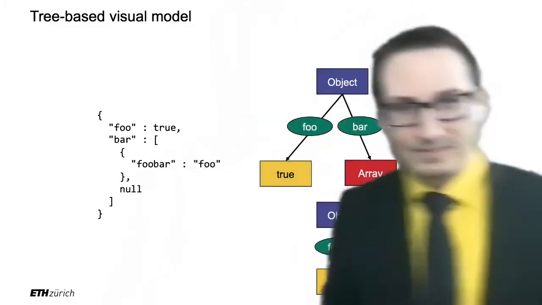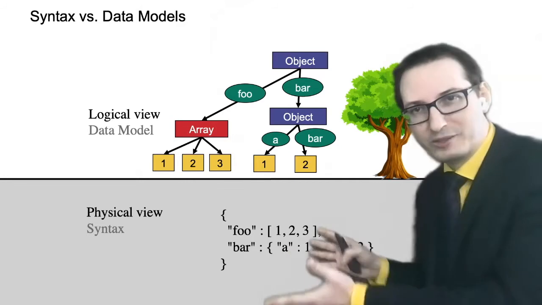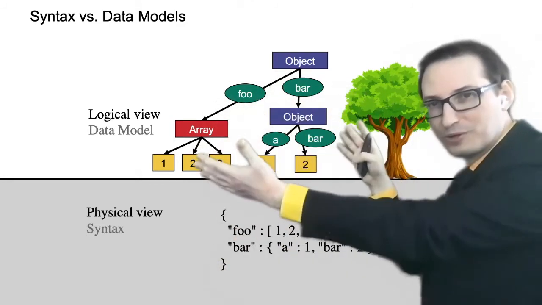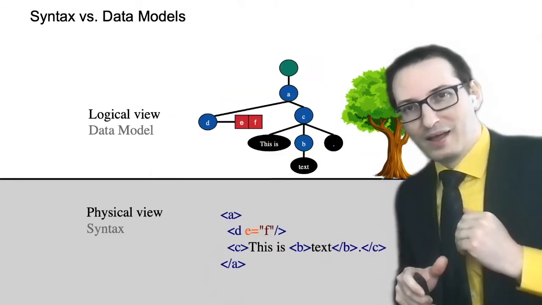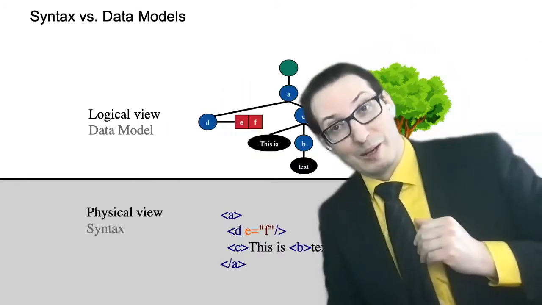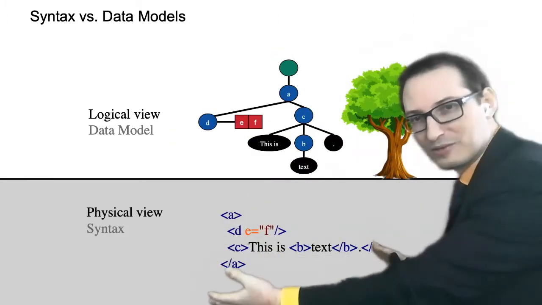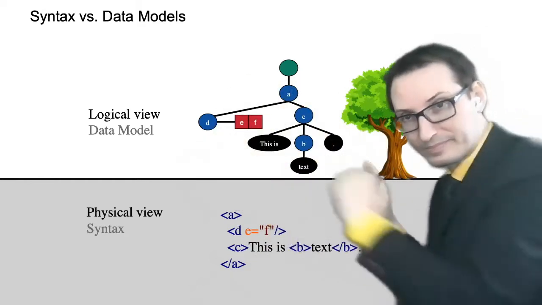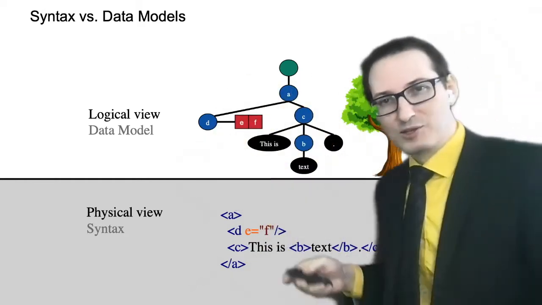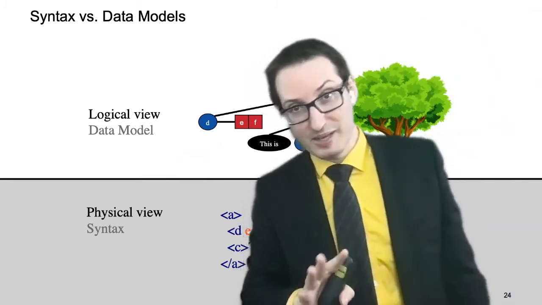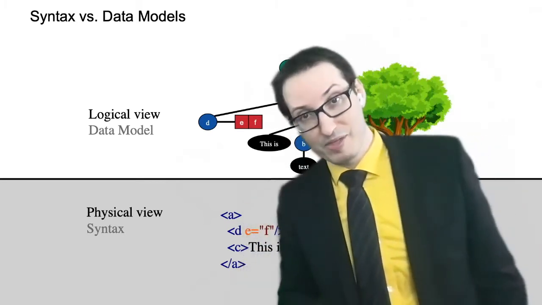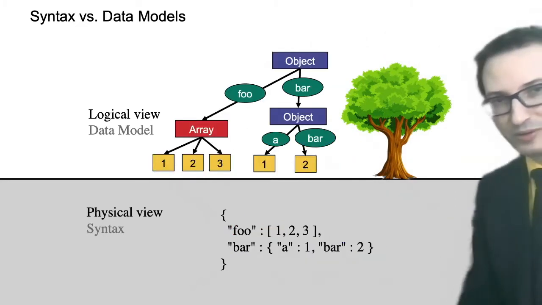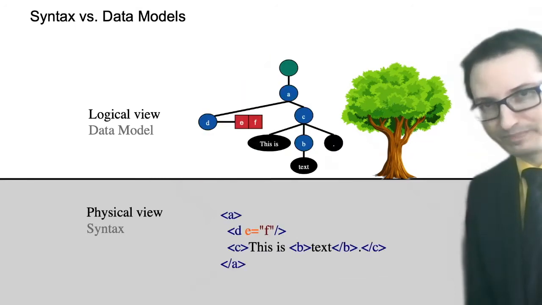Okay. So now we did the same thing as with CSV, except now we have JSON here, and we have our logical view, the logical model. That's the data model, right? Okay, turns out we can do the same with XML. So if I have an XML document right there with elements nested in elements, I can also draw a tree like that. That's nice. So you see now why I kept saying that JSON and XML are really the same thing, because it's just trees and trees, right? It doesn't really matter if it's JSON or XML. At the end, you get a tree.